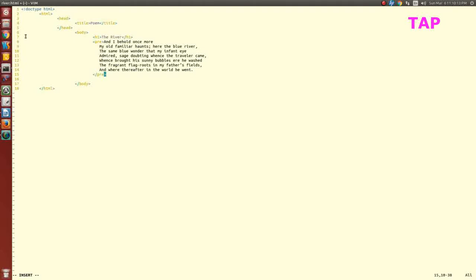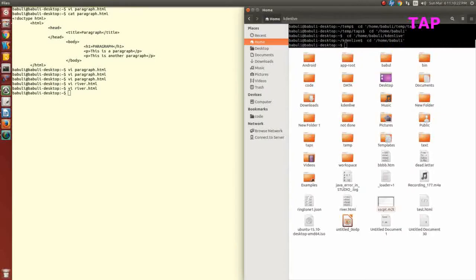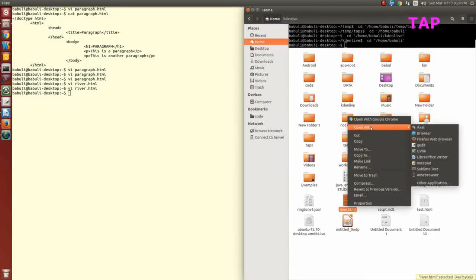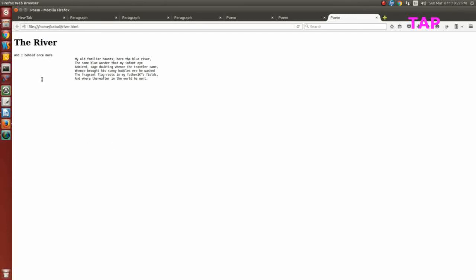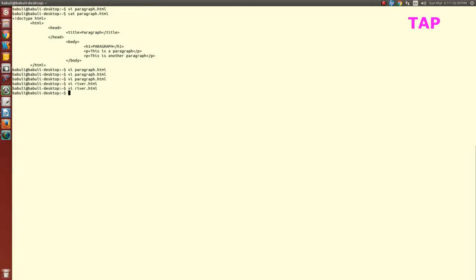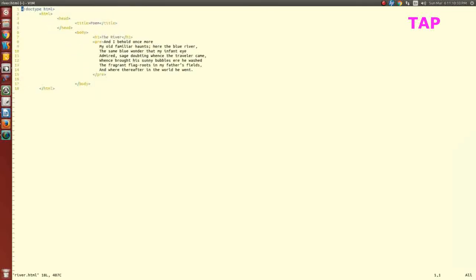Let's see the output. Okay, I think I made a mistake, because I didn't give the first sentence the same tag as the next sentences. So the first line was coming from the beginning and the next lines were coming with some tabs.